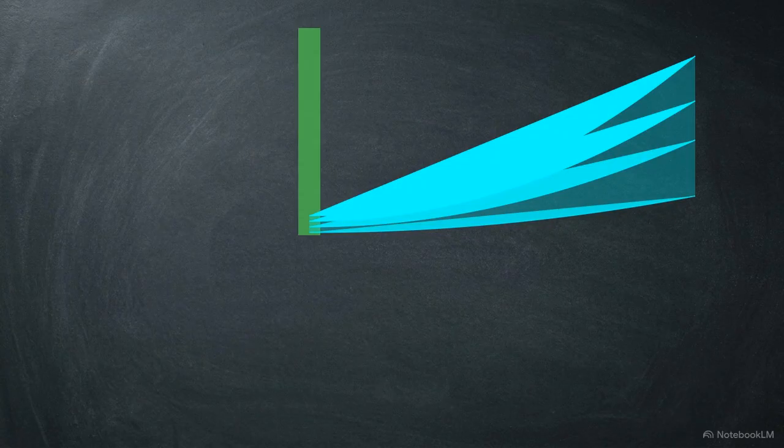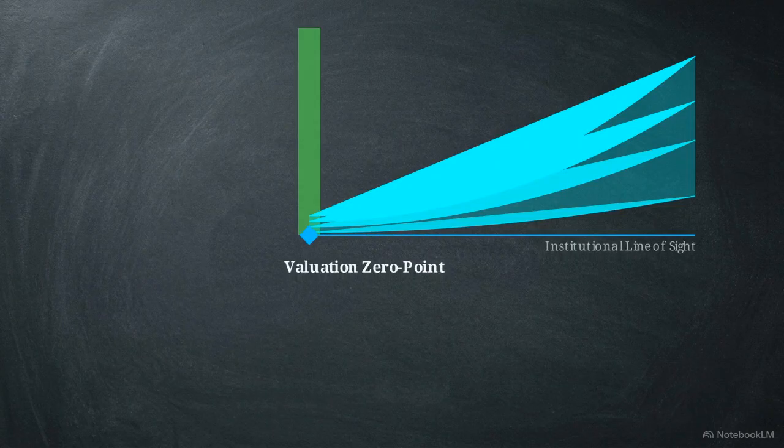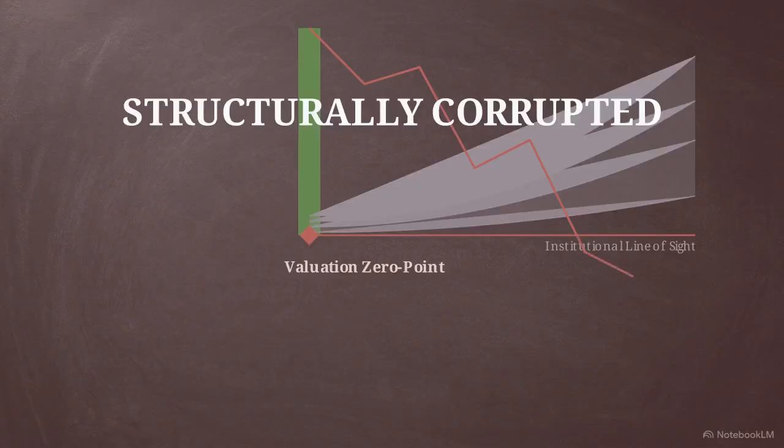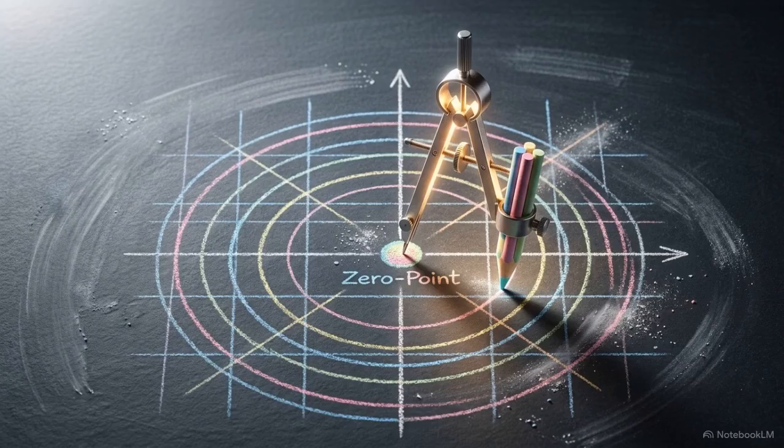The exact bottom of this candlestick becomes the valuation 0 point, marked by a bright diamond anchor. This coordinate is the mechanical anchor for the expansion's trajectory. It provides a binary risk rule. If price retraces and closes beneath the 0 point, the trend is structurally corrupted and no longer valid. Identifying this exact coordinate is a prerequisite for determining risk exposure. Without a 0 point, there is no mathematical basis for a systematic trade.